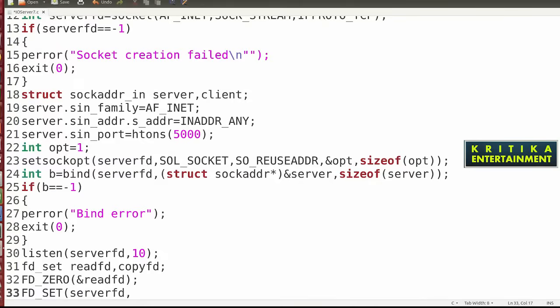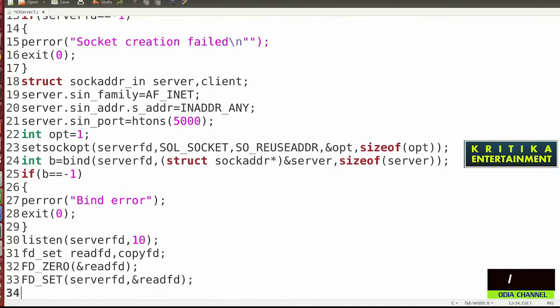Then what will we pass here? The server_fd will be written, server, ampersand read_fd. Then close this. Then server_fd, then write to store it.